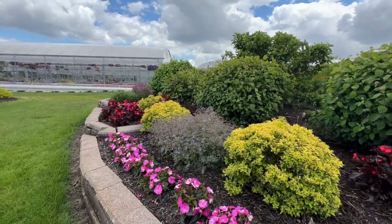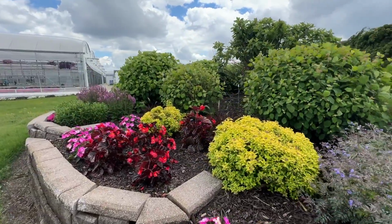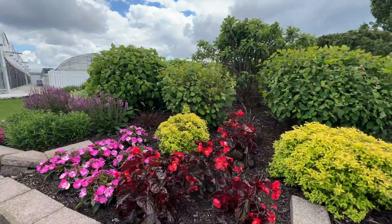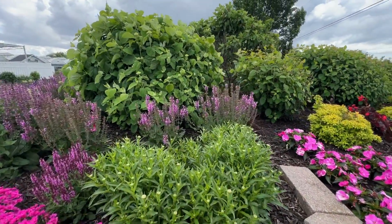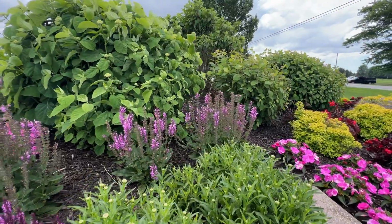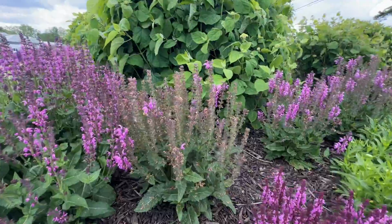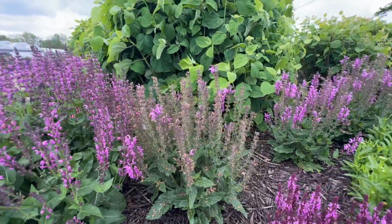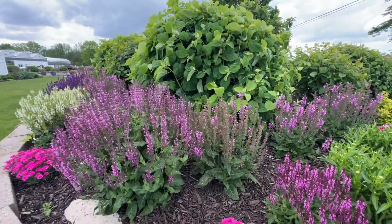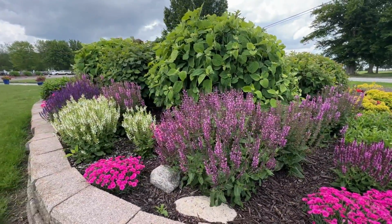Making our way around, more of the Cherry Cordial Begonias and more of those Spirea Gold. We got more salvia. They're kind of starting to wind down a little bit, but when your salvia do kind of stop flowering, like we're seeing here on this plant, just give them a trim right above the leaves down there, and they're going to put on more growth and get you more flowers that will last continually throughout the summer